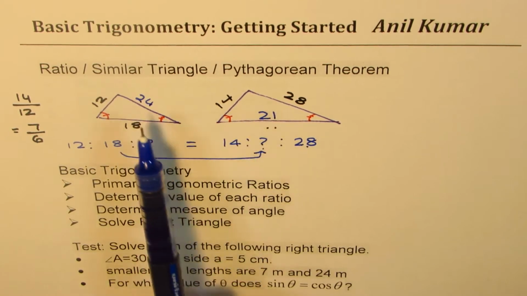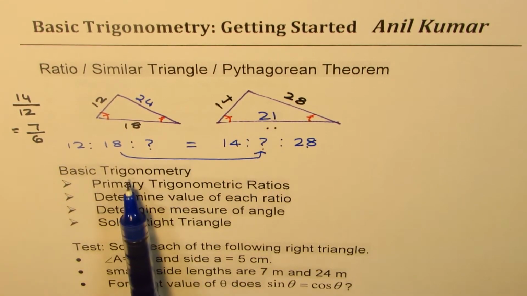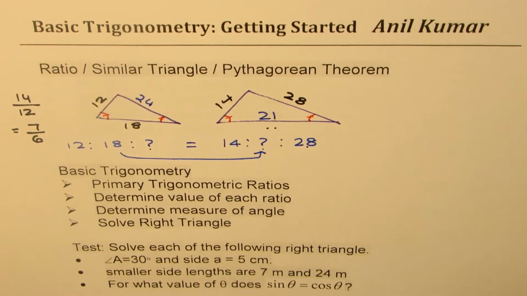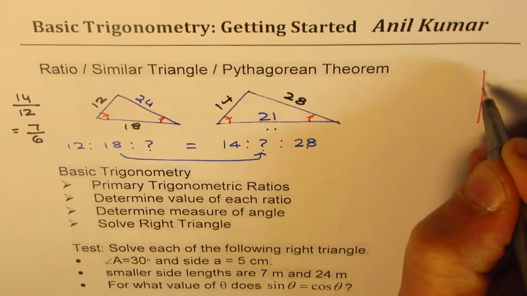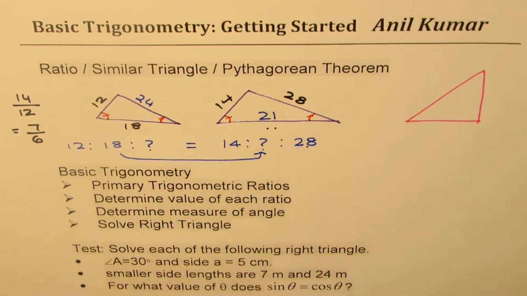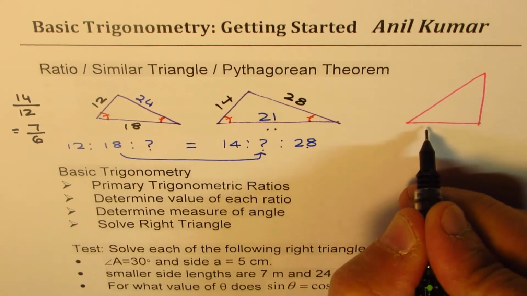You need to review this before getting into trigonometry. Since in trigonometry, we'll always find ratio of sides. Very important. Okay. Next thing which you need to know is Pythagorean theorem. So let me just make a triangle here, and then we'll try to see how to calculate the other sides, right? So if I take sides as, let us say,